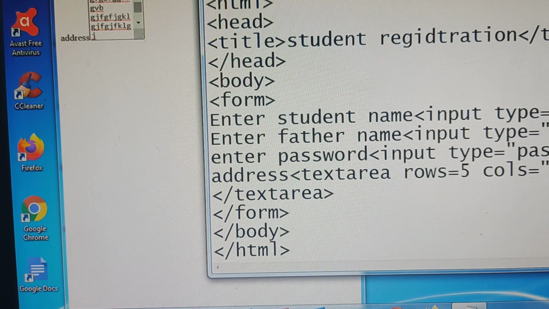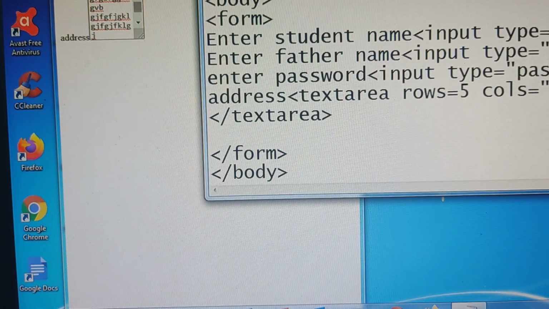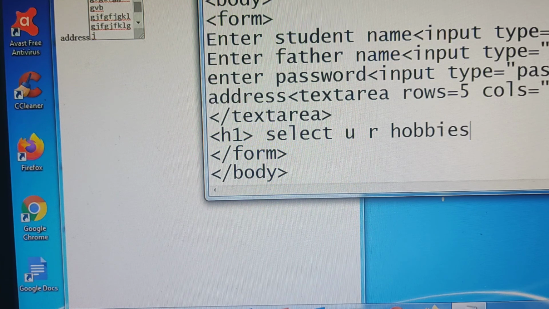Next, after the text area, I will explain the buttons. No? First button is checkboxes. For checkboxes, first I am giving a label as H1: select your hobbies. Okay, now close the H1.